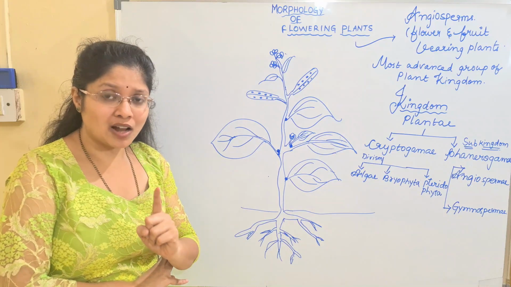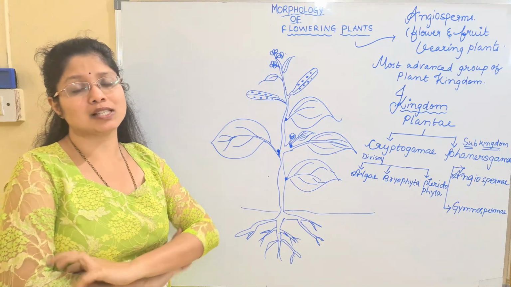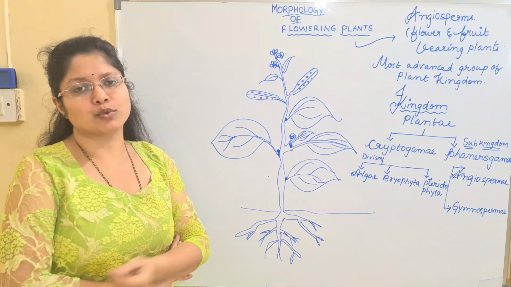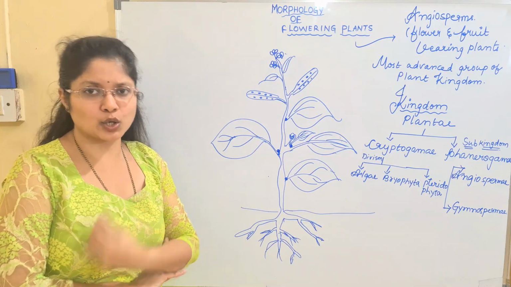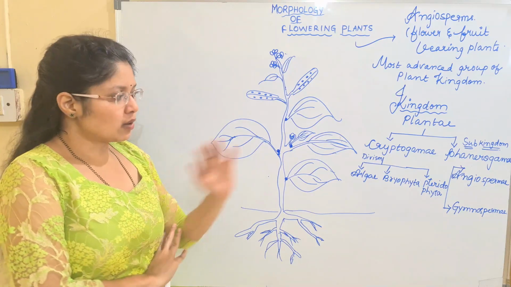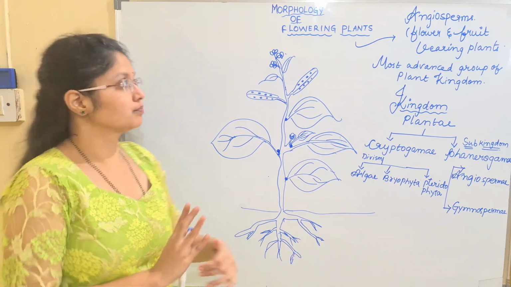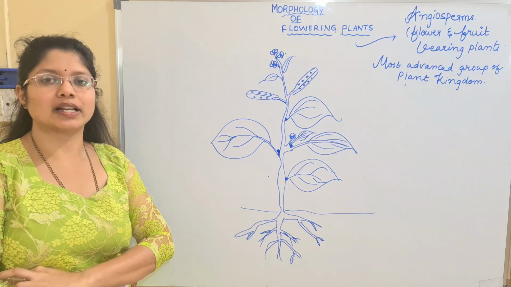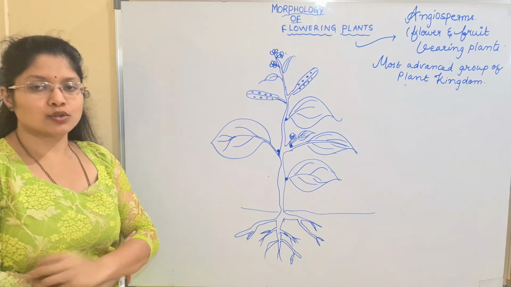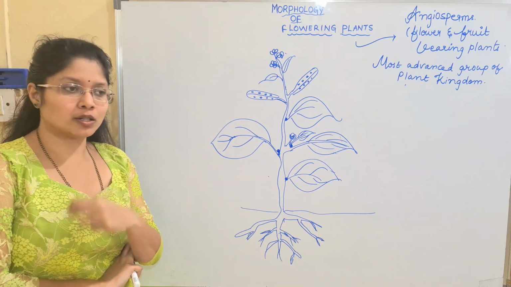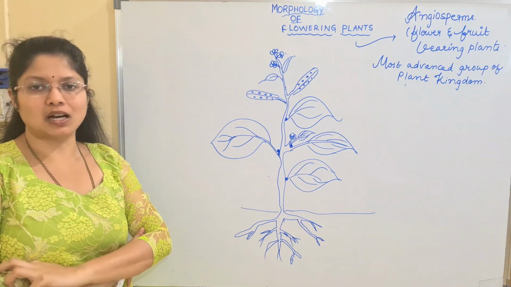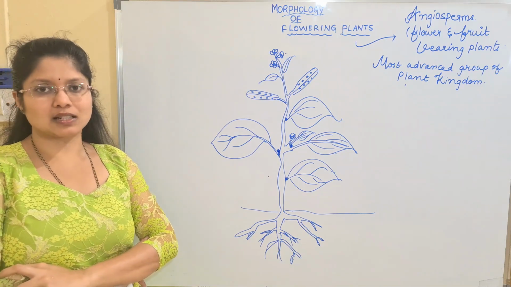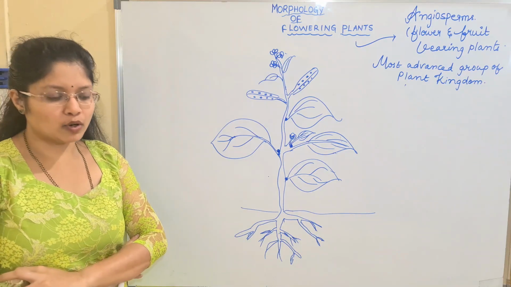So along with the seed character, what is another important feature of these angiosperm children? Flowers. They are bearing the flowers. So even compared to the gymnosperms, the most advanced plant group is the angiospermae. So now we'll be discussing the angiosperms. Angiosperms are the most advanced group of the plant kingdom which are bearing the seeds, flowers, and even they have the vasculature. So these are the important features. On the basis of these features, mainly these angiosperms are categorized. In this chapter, mainly we are learning the morphology of the flowering plants, that are nothing but the angiosperms.